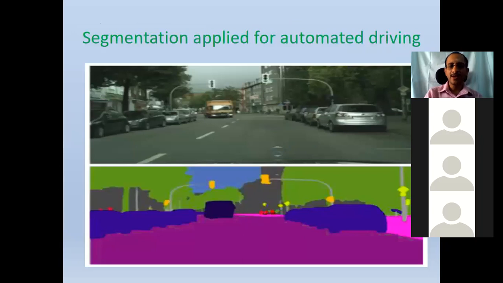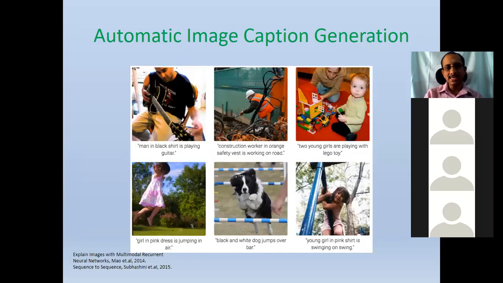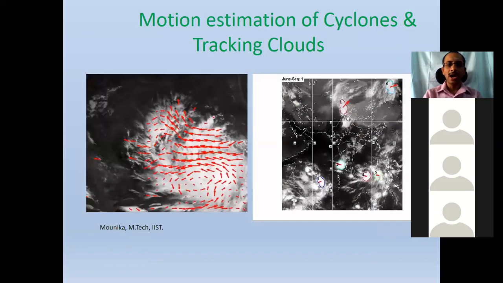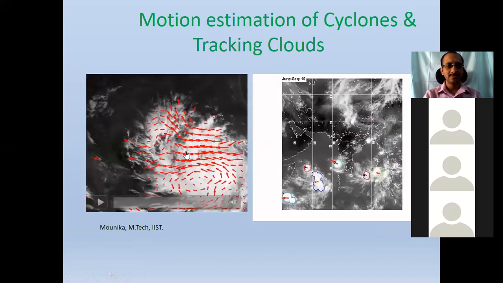So this is segmentation in a road scenario. This is very important especially for autonomous driving applications and many other applications of interest. So this is giving the caption for an image. How do we give a caption? Because this comes under scene understanding or image understanding. This is what is emphasized over time, and deep networks do reasonably well.